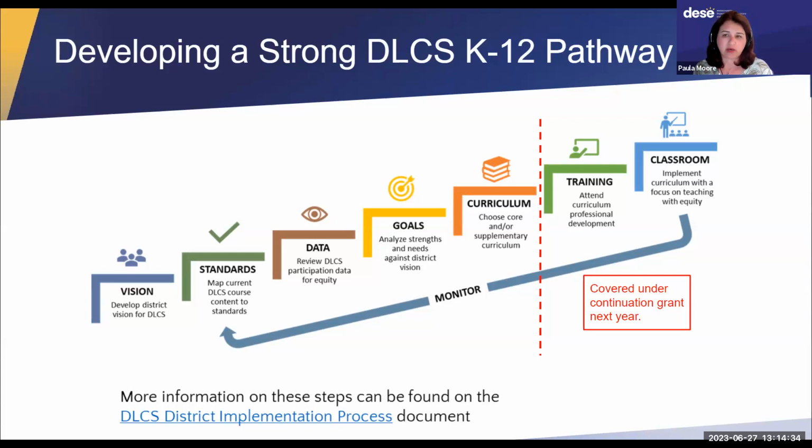And then once you have that grade span that you want to focus on, we'll work with you to select a curriculum, a high quality curriculum that is comprehensive, meaning that it hits most of our DLCS standards. There are a lot of different curricula out there that are a programming tutorial in, say, Java or JavaScript. But what we're looking to do is get you onto high quality instructional materials that hit all of our standards. And that will take you through to the end of June next year. And then over the summer, the grant provides training for teachers in that grade span on that curriculum, and then helps to support them while they're implementing in the classroom.